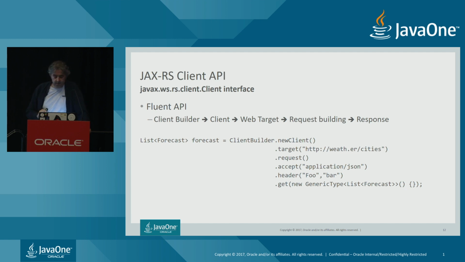Now, if you look at the bottom of the slides, we have a typical request. So we have the ability to set the headers and so on. It doesn't really matter. But what is key here is the fact that the GET is blocking. So the client container will issue the request, and basically my method will block until we get the result from the remote endpoint.